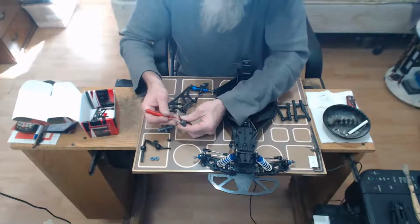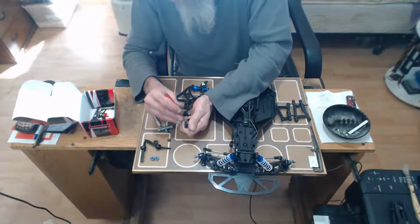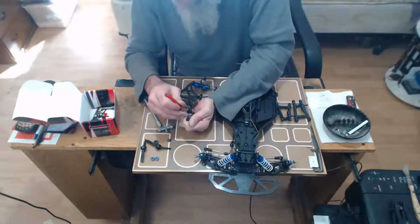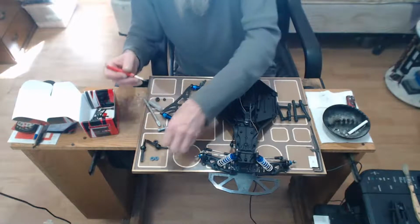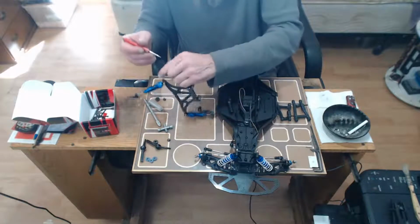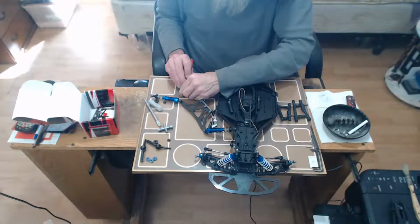But these bearings, they didn't just slop in. The fit was real good. They held, you know, it's a snug fit, but they go in. They don't lock down. You do have to tap them a little bit, and one or two I did have to give a couple taps to get them in and seated all the way,